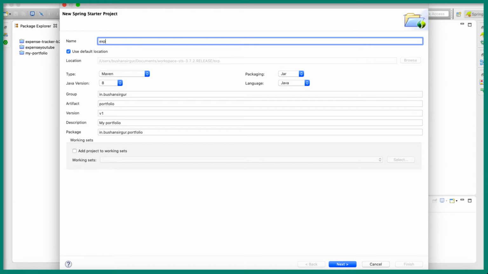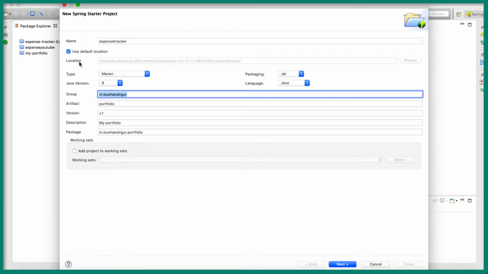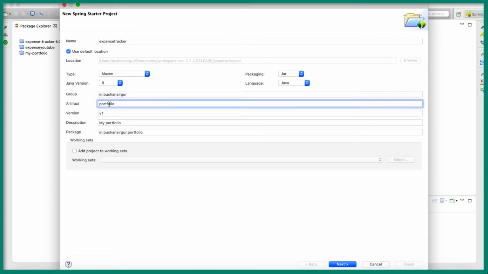I'm going to call this expense tracker, and I'm going to leave the location as default. I'll choose the type as Maven, the packaging as jar, the Java version 8, and the language Java. For the group ID, I'll use my website, in.bhushan, and the artifact ID I'll set to expense tracker.